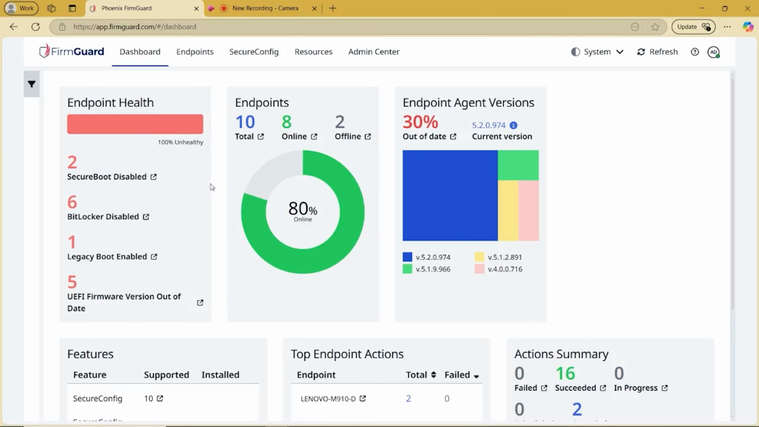In this video, I'm going to demonstrate the FirmGuard feature SecureReimage. Simply put, SecureReimage can be used by an IT admin to remotely reimage an endpoint with a predefined golden image. There are many reasons for reimaging a machine, including when it is being assigned to a new employee, or if it's malfunctioning and rather than troubleshoot, it's sometimes easier just to reimage and return the endpoint to a known good